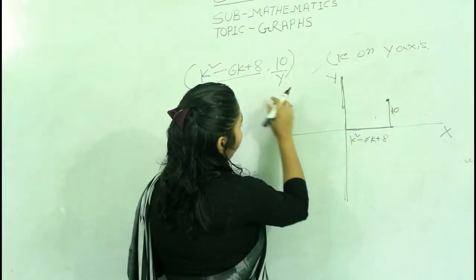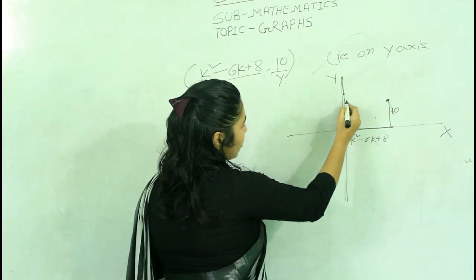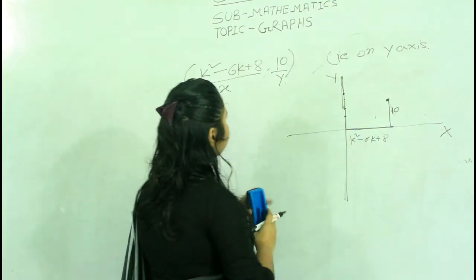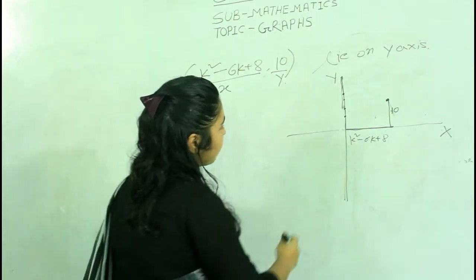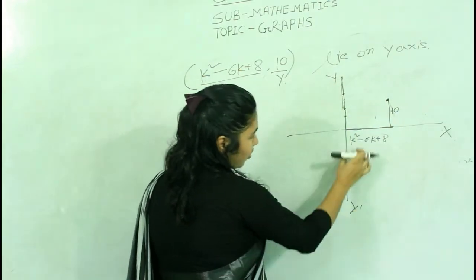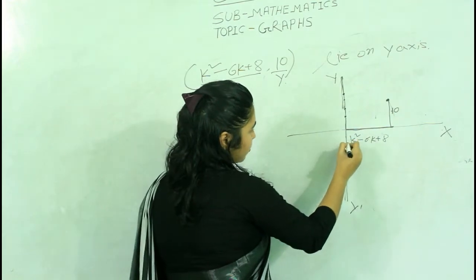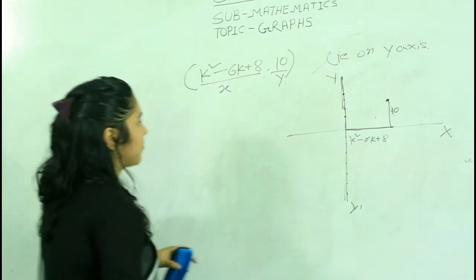That means this point is on this axis, maybe the upper part of the y-axis or the lower part of the y-axis. But this point must be here. Okay. Now,